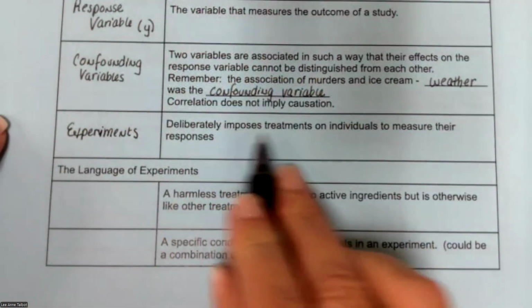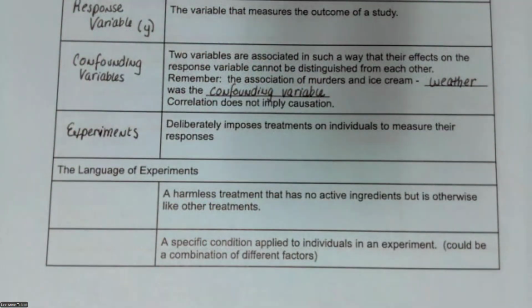Experiments deliberately impose treatments on individuals and measure their responses. So one of the things I'm going to ask you to do is distinguish between an observational study and an experiment. So you have to decide, were they just watching and measuring and gathering information, or were they actually trying to change something like a certain treatment and a placebo or something like that, which is what we're doing the